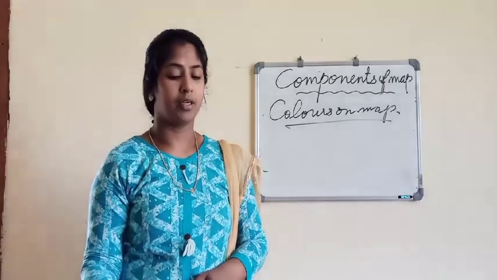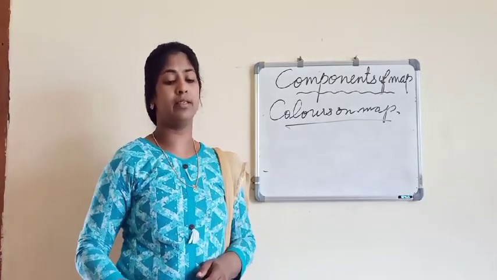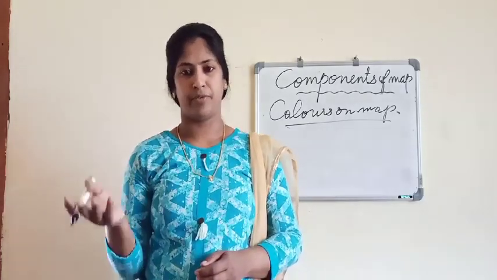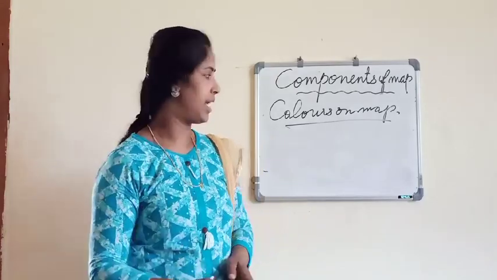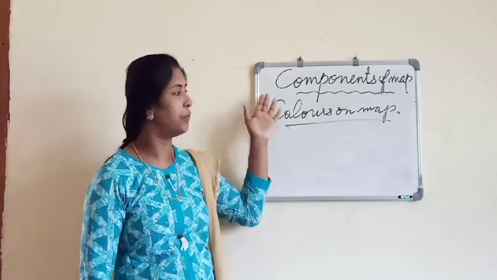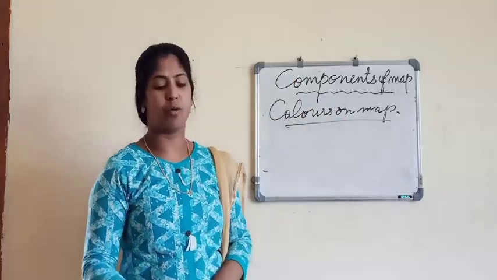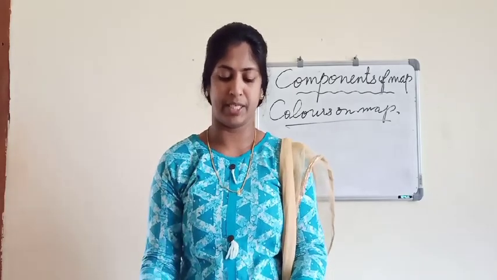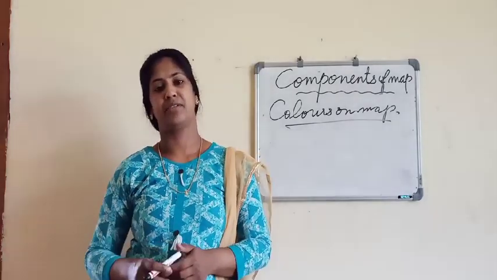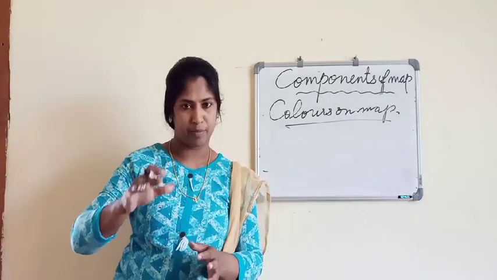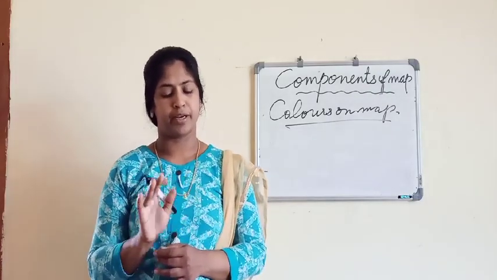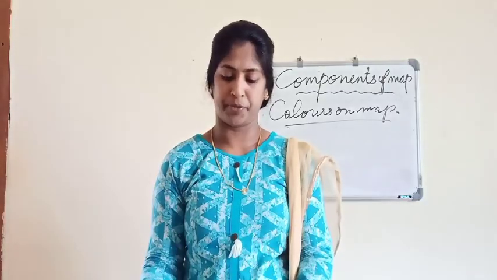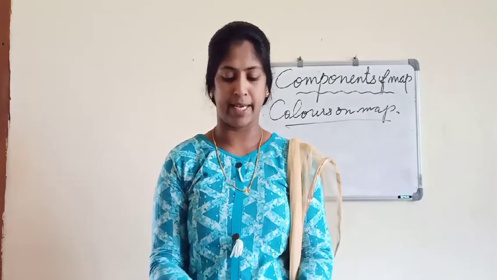So I just conclude this. This was the second class, the second part of the first chapter, and we will have one more class for this. What I have explained today, I think it is clear to you: the components of the map. Under components of the map, we have seen first of all the title, then directions, and after that, scale. Some points are there under each. You can study this, go through your books, and make some diagrams.